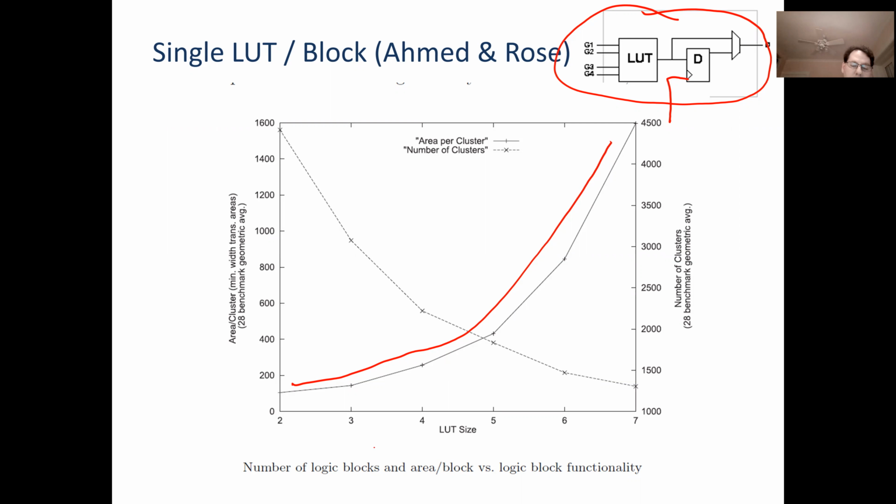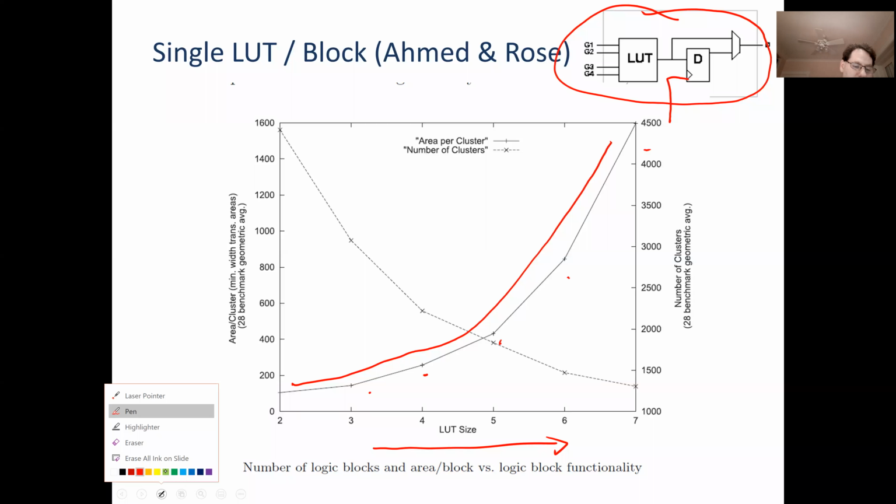So as they go from small lookup tables to big lookup tables, the area per logic block, which is just one lookup table, gets bigger. That makes sense. But the CAD flow is able to make good use